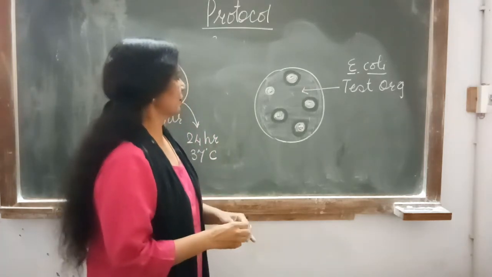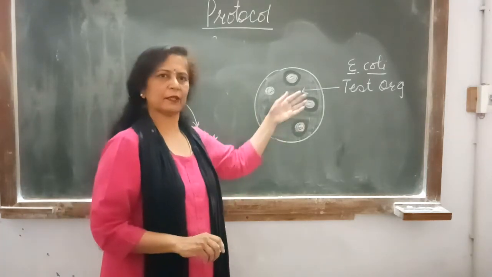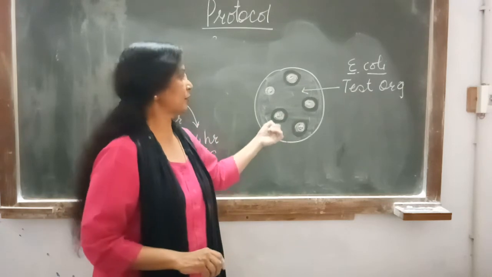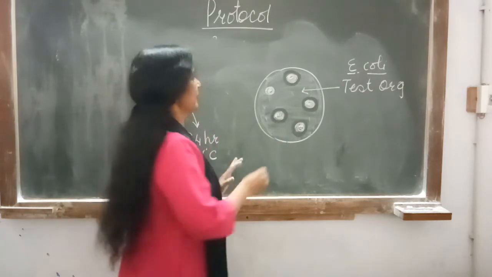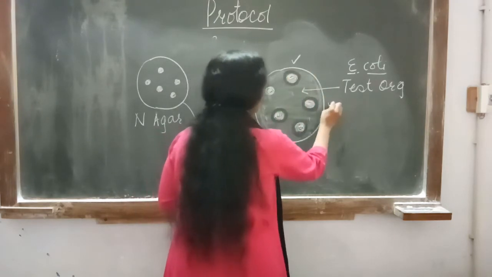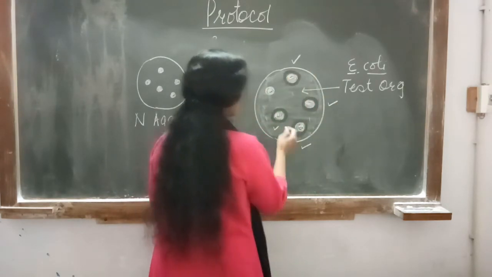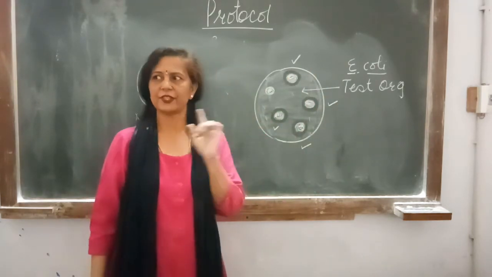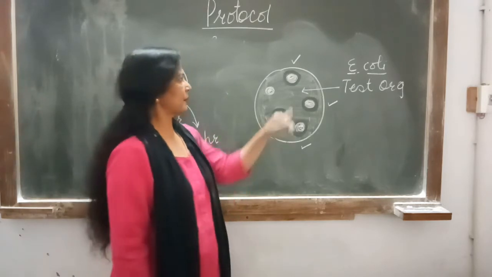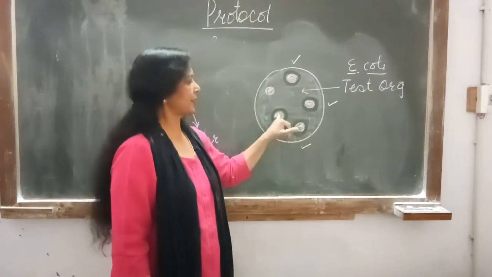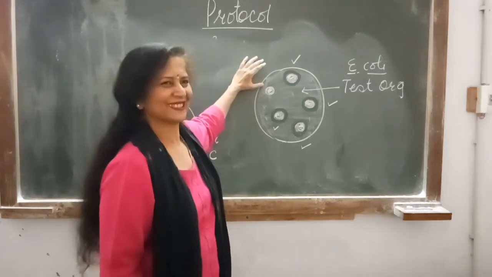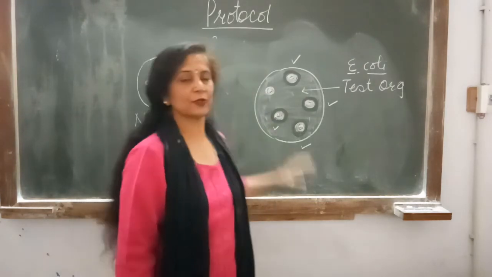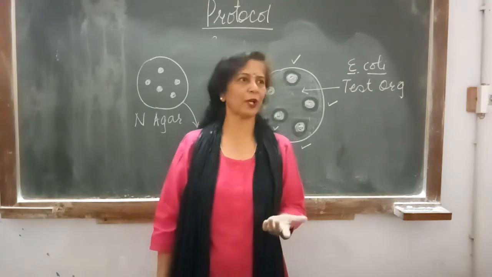Now what we have to look for, that how many are the antibiotic producing bacteria and their colony and whether they are able to inhibit our E. coli or not. Now in case of 4 different results, you can say that it is successful. Escherichia coli has been inhibited by these 4 different antibiotic producing bacteria. But what about this one? Okay, it is not having any effect on Escherichia coli.